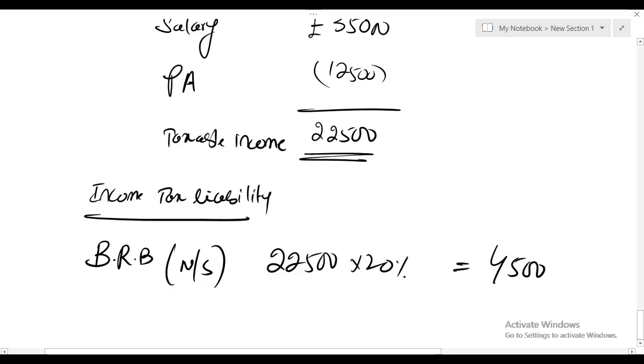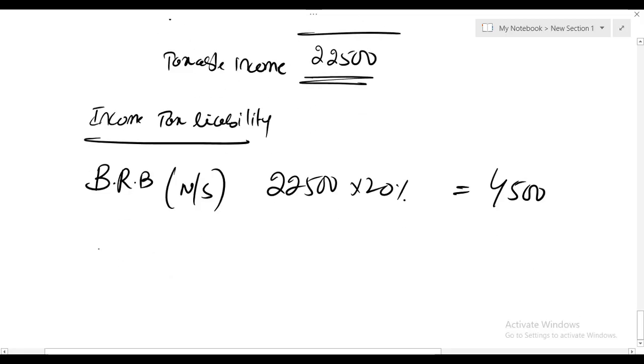Number 1, whenever marriage allowance is being claimed, you are not supposed to increase the personal allowance for another partner. Okay, then what I am going to do, all you need is just deduct marriage allowance